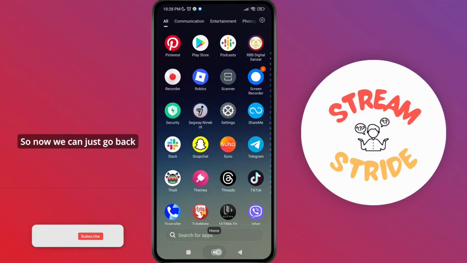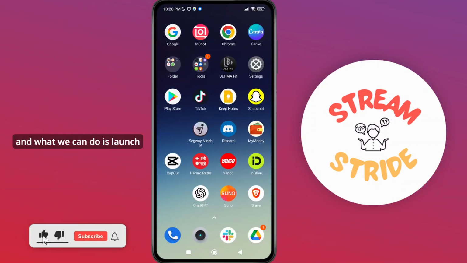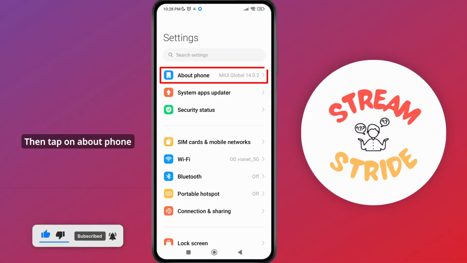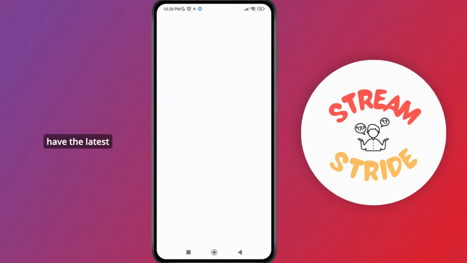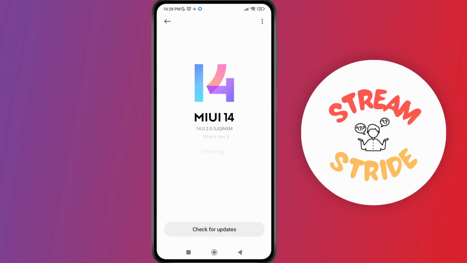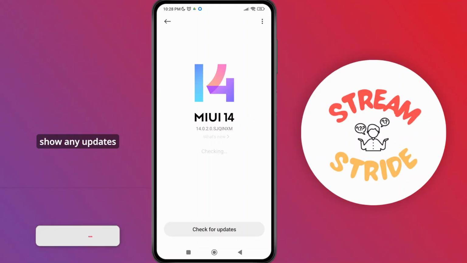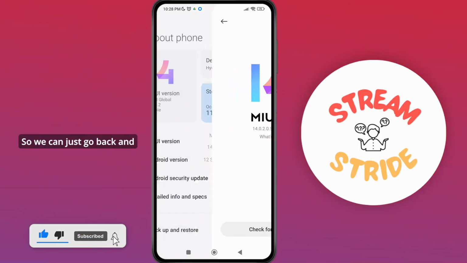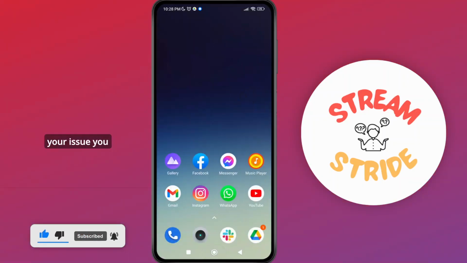So now we can just go back, and what we can do is launch the settings application on our device. Then tap on about phone option and make sure that we have the latest version of the updates available for our device. And if you check for the update and it does not show any updates, it means we have the latest version. So we can just go back,